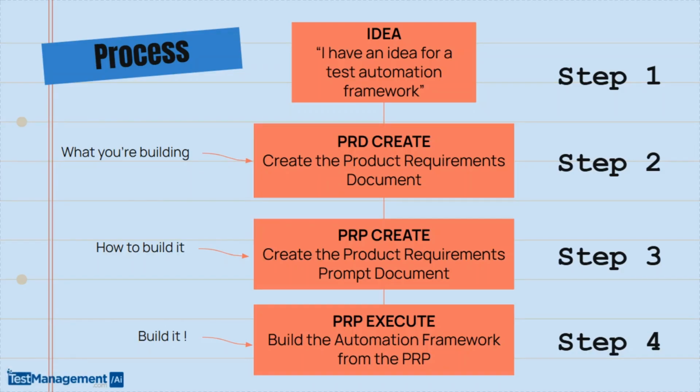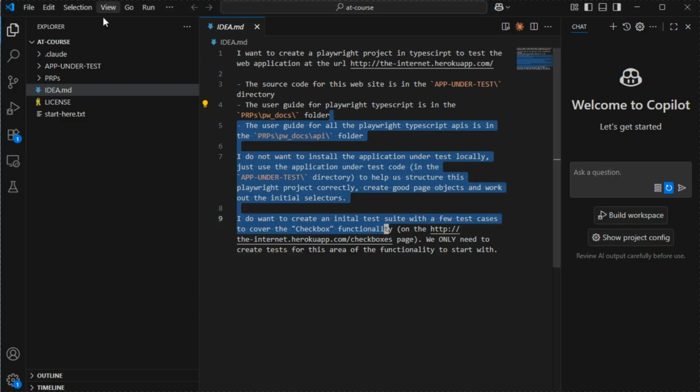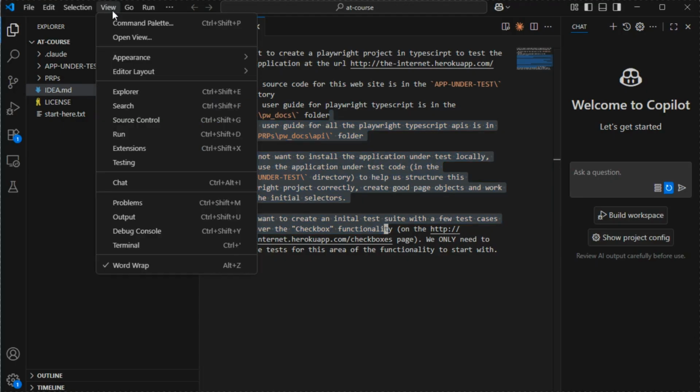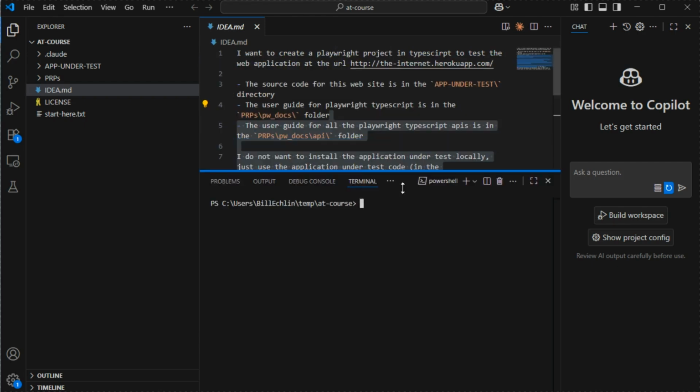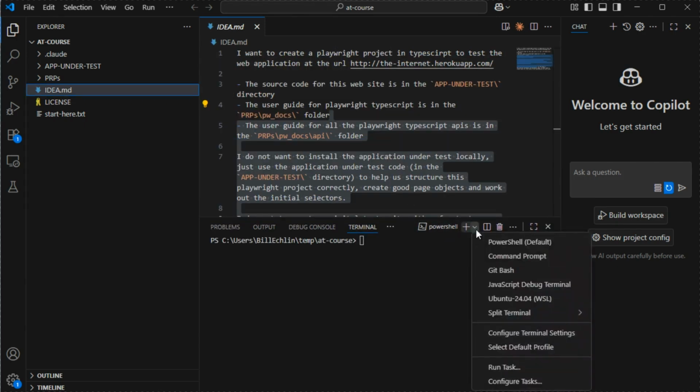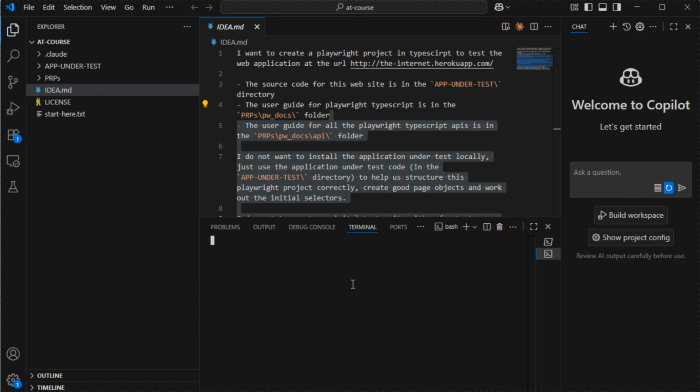Step 2 is the PRD create. So from the idea, we want to create a product requirements document. So in Visual Studio Code, you can go to View, and if you go to Terminal, and it doesn't matter what kind of terminal you've got, I tend to prefer Git Bash. So if I go to Git Bash, I can start Claude Code in this directory,